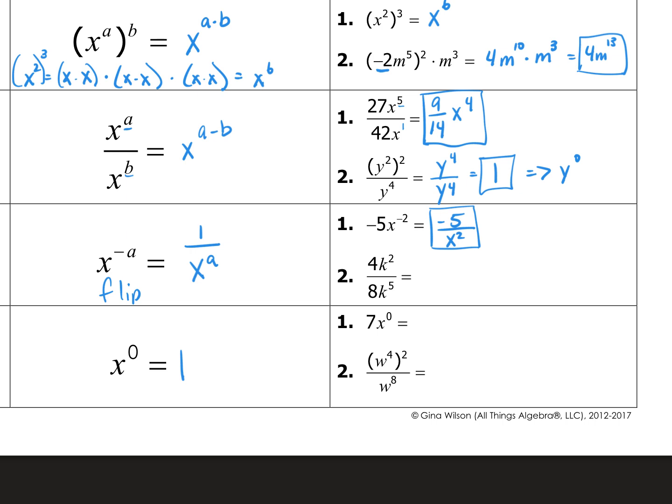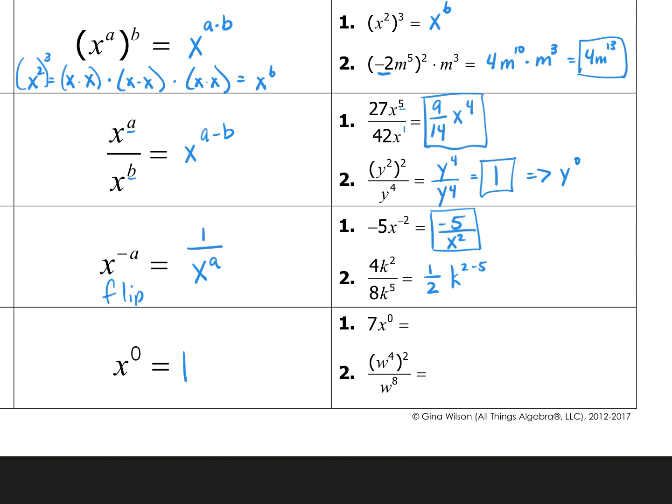Okay, let's look at the second example. The first thing I want to do is simplify this. So I know that 4 divided by 8 is the same as 1/2. If we're also looking at k to the second divided by k to the fifth, I'm hoping you're saying, oh, that's the same as k to the 2 minus 5. If we look back at our quotient rule right here, we're subtracting, and 2 minus 5 is negative 3. So I have 1/2 k to the negative 3, which is the same as